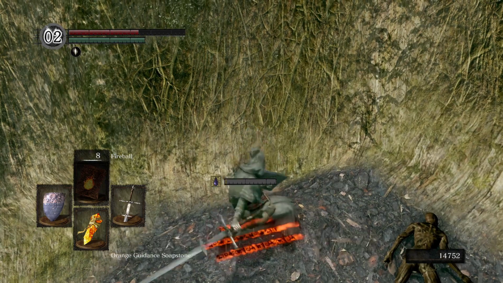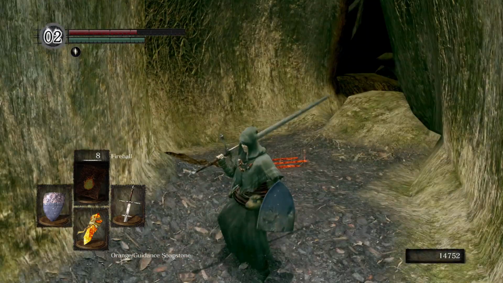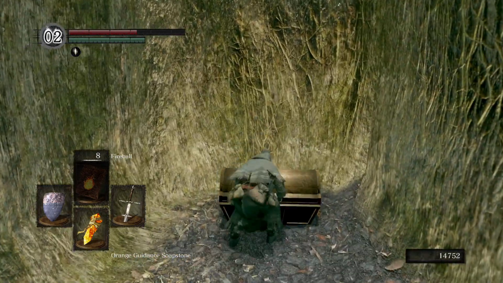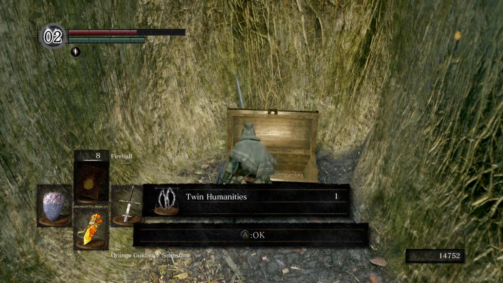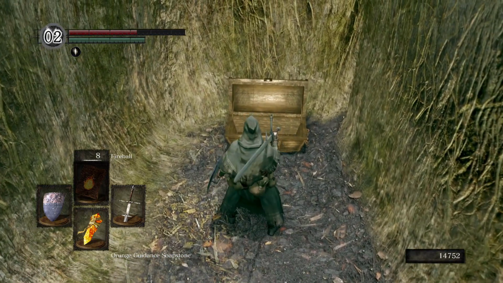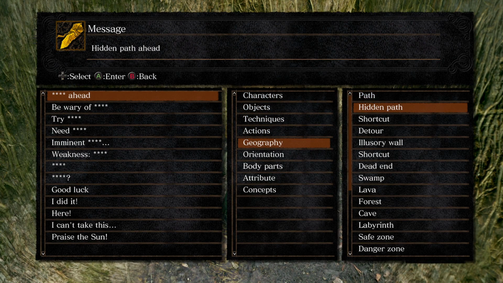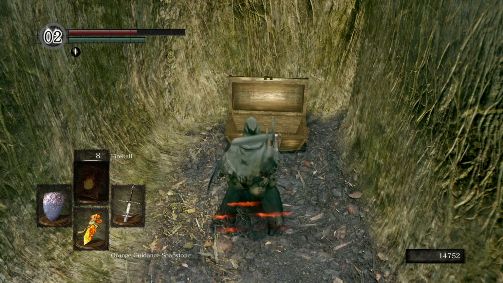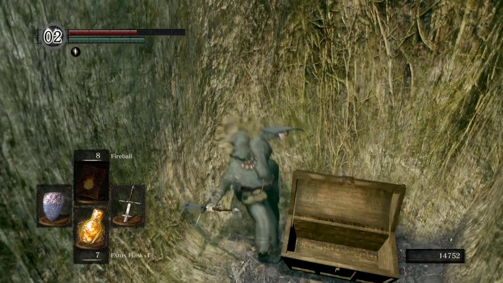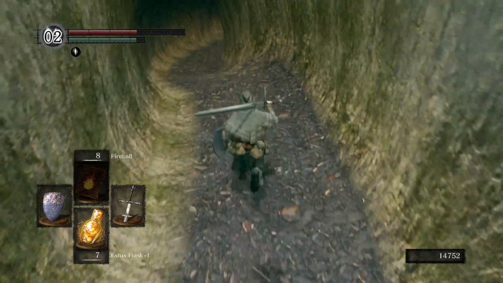And... ta-da! That's because there is. So now there's a chest with something in it. Twin humanity is great. And I'm gonna write another message. And I'm gonna write... illusory wall ahead. Because... ta-da! There's an illusory wall ahead. So